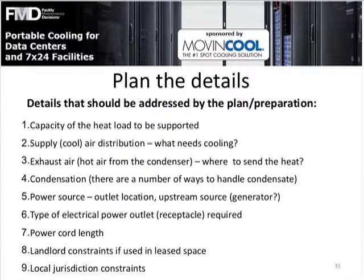Planning. We'll talk about the 9 points shown on the slide. These points should be considered